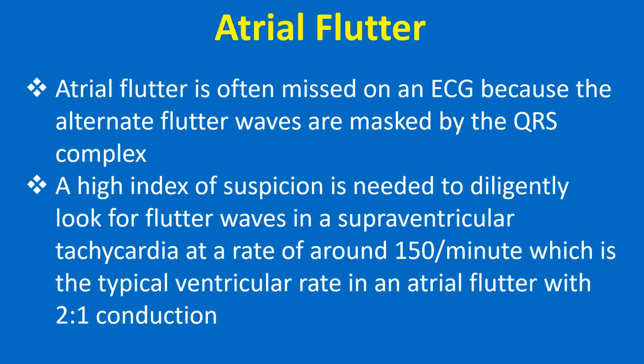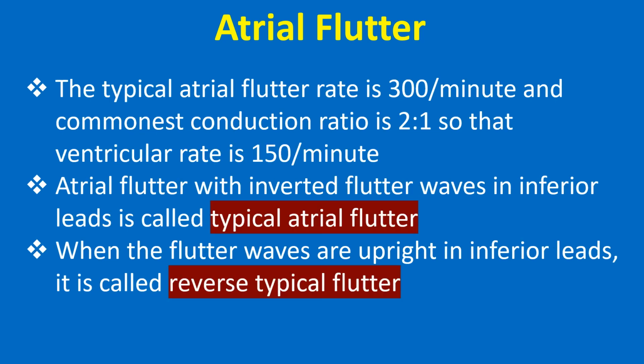Atrial flutter is often missed on an ECG because the alternate flutter waves are masked by the QRS complex. A high index of suspicion is needed to diligently look for flutter waves in a supraventricular tachycardia at a rate of around 150 per minute, which is the typical ventricular rate in atrial flutter with 2:1 conduction. The typical atrial flutter rate is 300 per minute and commonest conduction ratio is 2:1, so that ventricular rate is